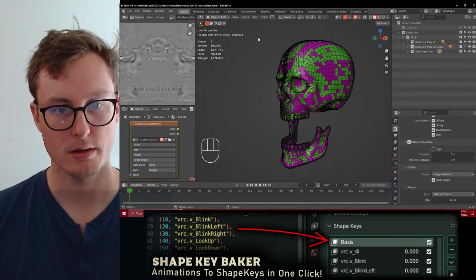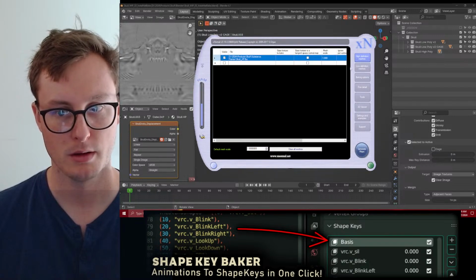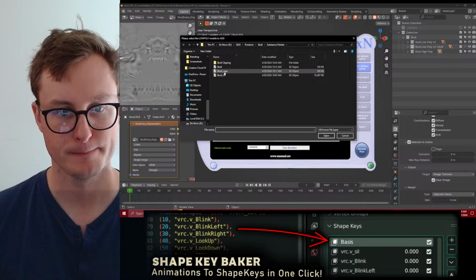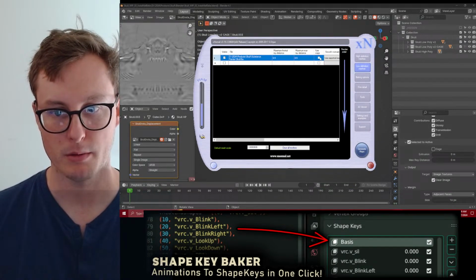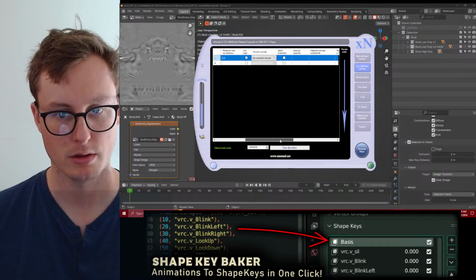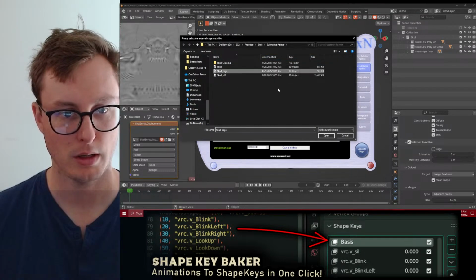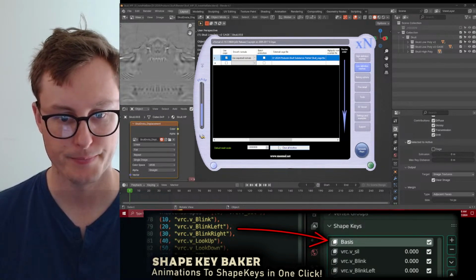So this one is which one are we looking at right now? High definition, high poly, and low poly. This one. We want to say use cage. Cage. Okay, yeah.